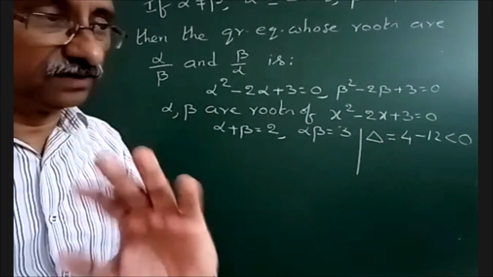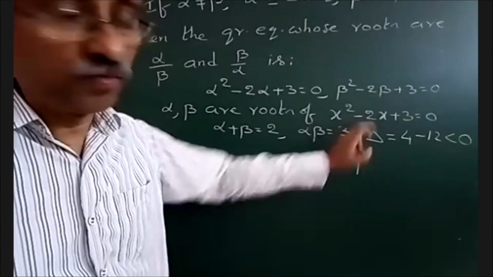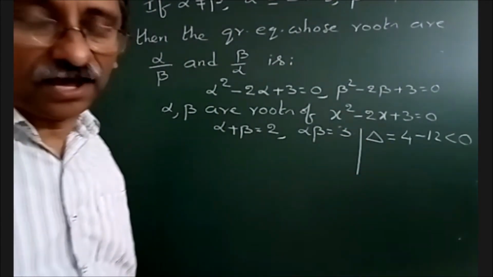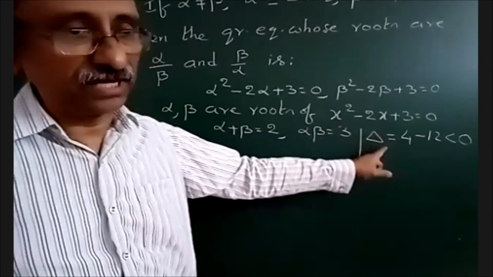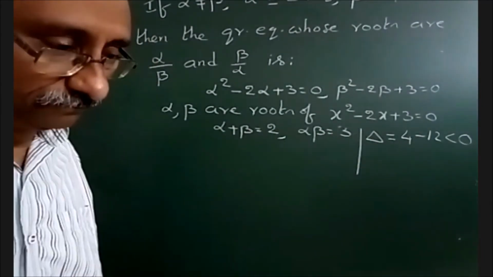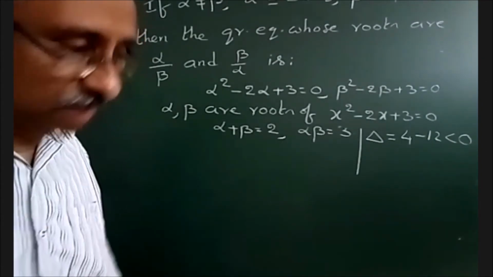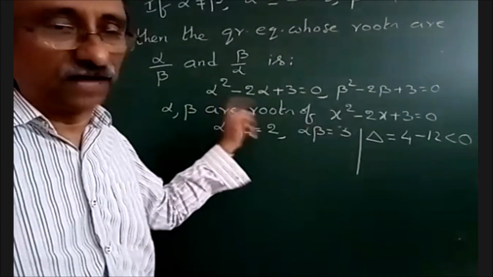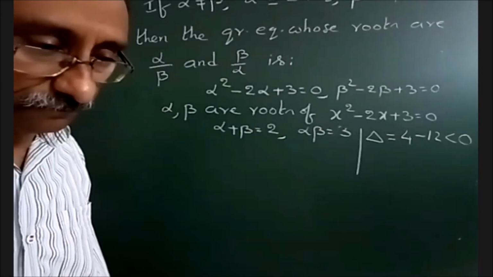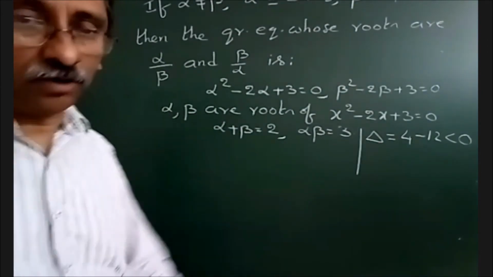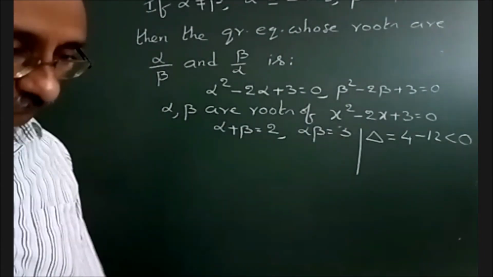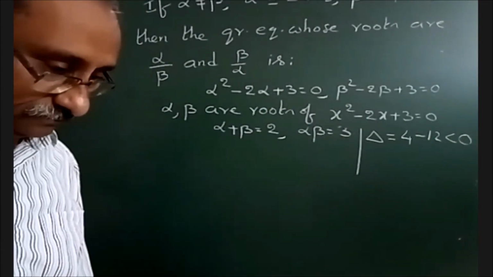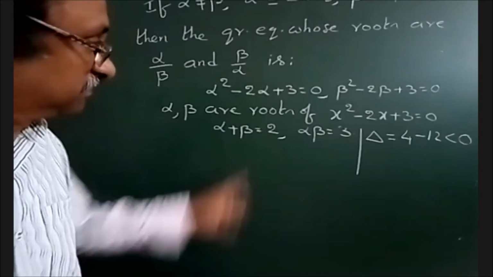Okay, wait. Then you tell me how many roots this quadratic equation will have? Only two roots. Whether those two roots are equal or not, you tell me. Not equal, sir. We said that alpha and beta are roots. Okay, sir. I got it. Now you say how did you say that alpha and beta are equal? Sir, I saw these two equations, alpha square minus 2 alpha plus 3 equal to 0.